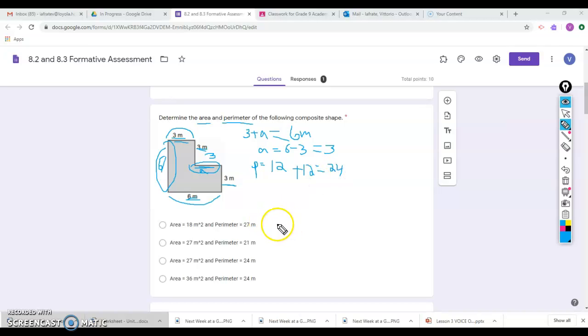So we can take a look to see if in our multiple choice there's any problems that have 24. Yep, there is one here, but you can't select that answer yet because look, there's another one that has 24 as a perimeter as well. And don't forget it's 24 meters. So we can cross at least the first two out, and then let's go and try to find the surface